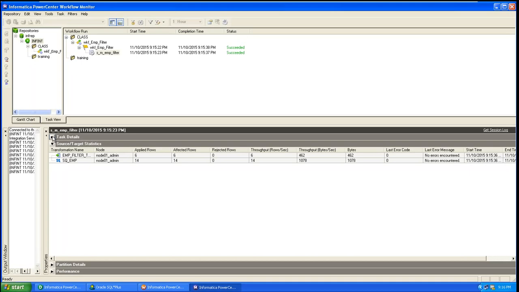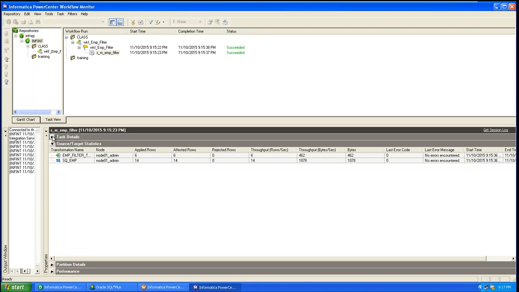We have run and tested this particular thing. We need a proof. So what we will do, we need to capture this screenshot, the succeeded status, at the same time these statistics, and then along with this we can save the session logs also.